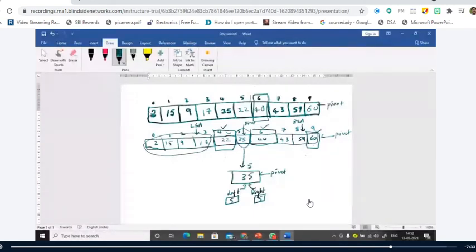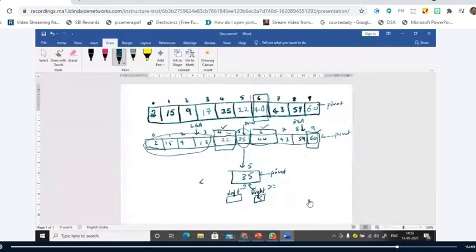Now you go for the third step. Compare the value of 35, the element pointed by left, with the pivot. So if it is less than or equal, you can go for anything, right? It is less than or equal to, or you can go for the right, which is greater than or equal to. Right? So if it is less than or equal to, what should you do? You should increment the pointer. Are you getting my point? Yes, sir. Right. So this becomes